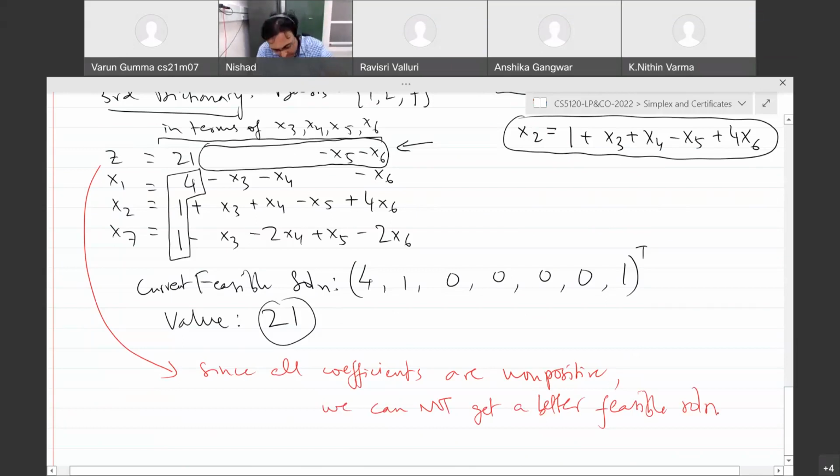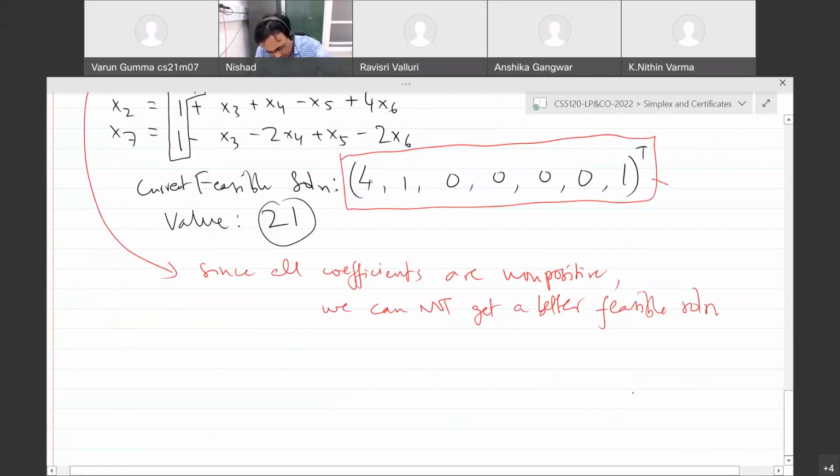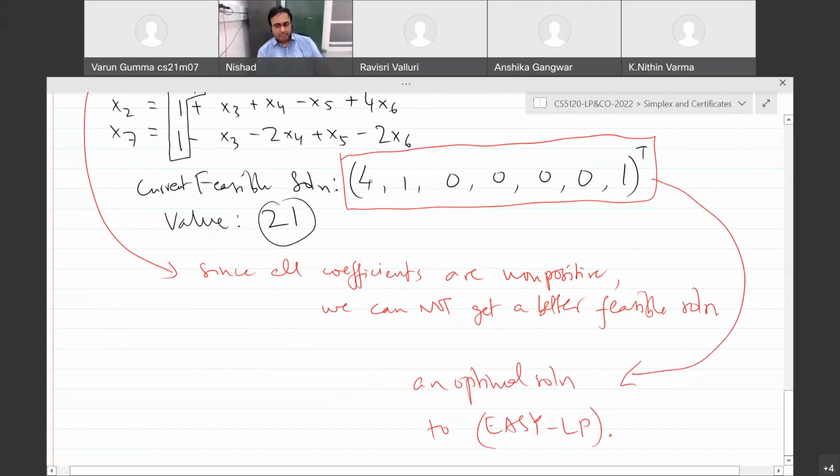In particular, this solution is an optimal solution to the linear program that we started with. I called it easy LP, right? So for that easy LP, we have found an optimal solution. Okay,